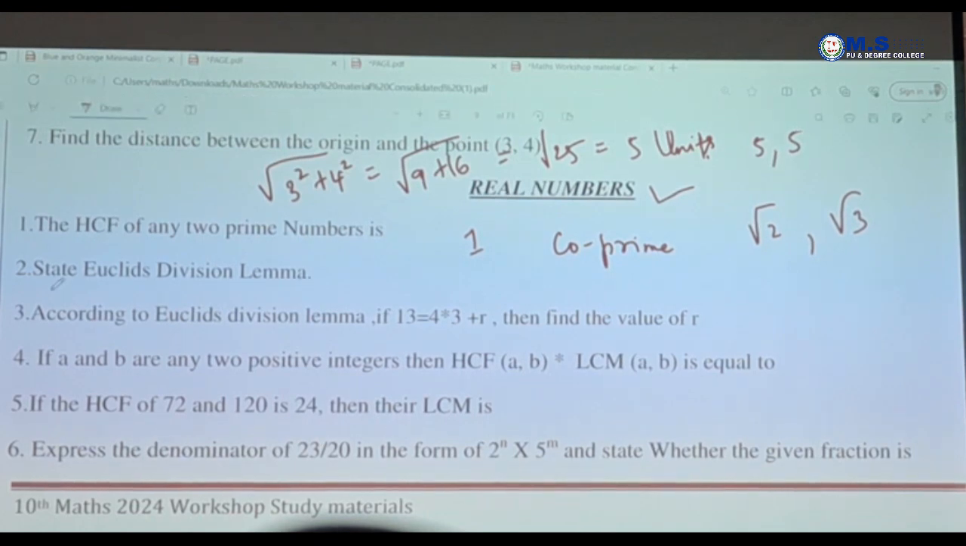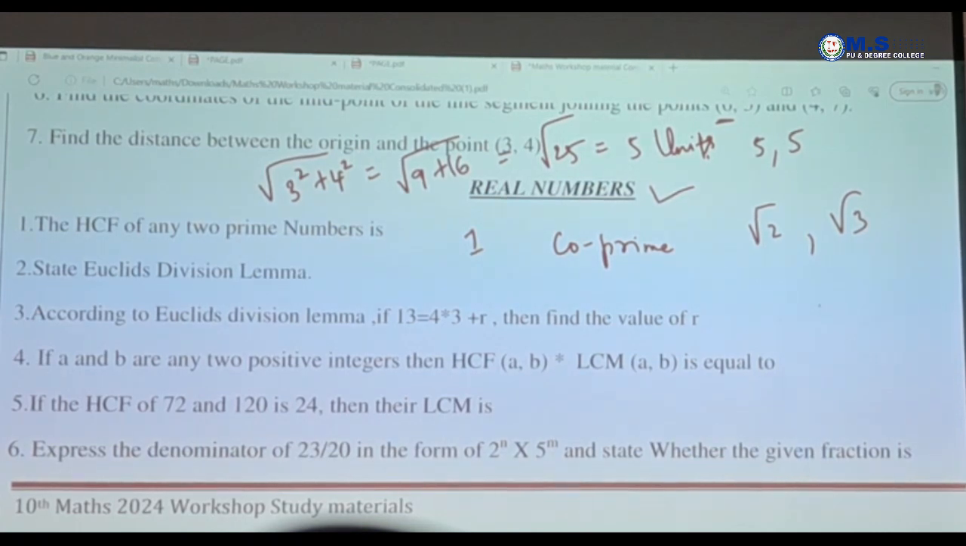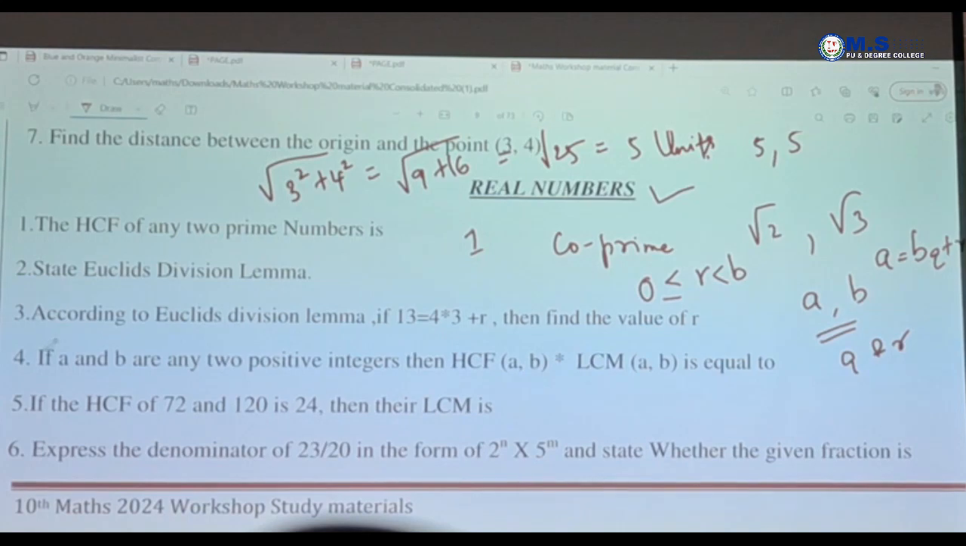Say division lemma. A equals what? If A and B are the numbers, there exist two unique numbers Q and R which are related by A equals BQ plus R. What is the condition for R? Greater than or equal to 0, less than B, according to Euclid's